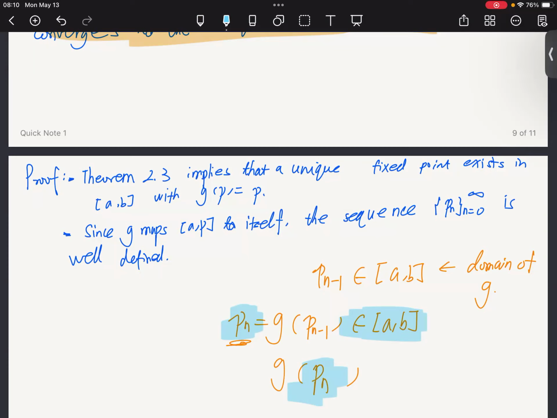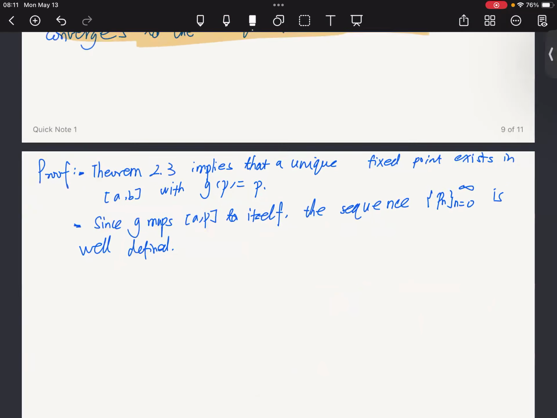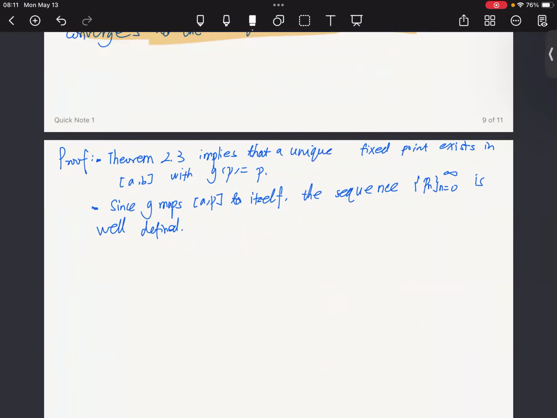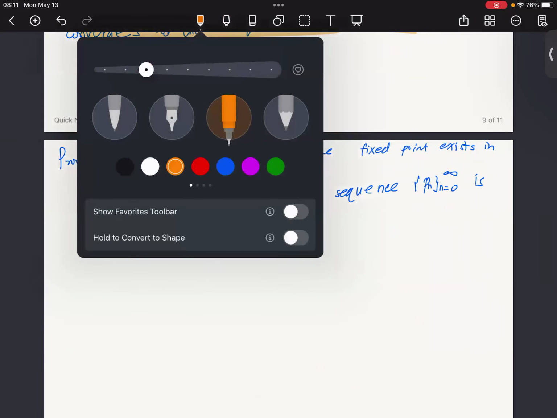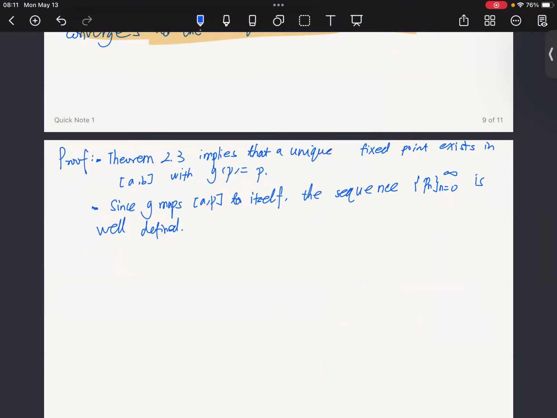So this is something we need to state before we go to the convergence result. Next, we are going to make use of the criterion on the conditions on G prime, the derivative of G, that the absolute value of the derivative is smaller than or equal to K. Using the fact that the derivative of the function is smaller than or equal to K,